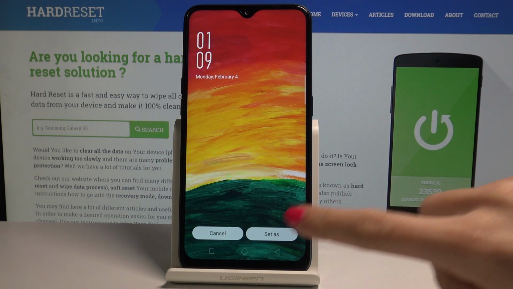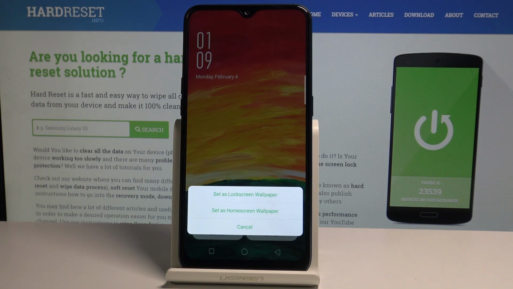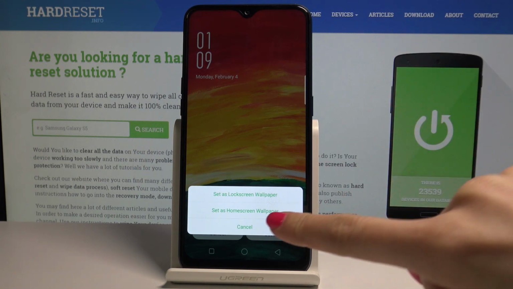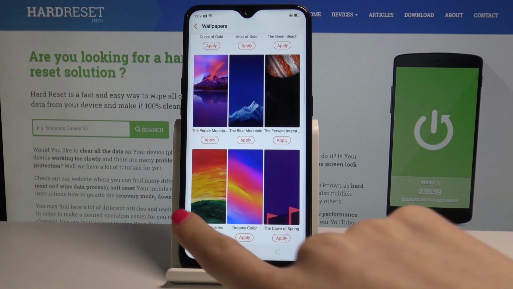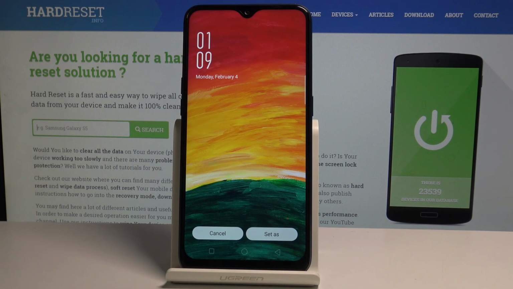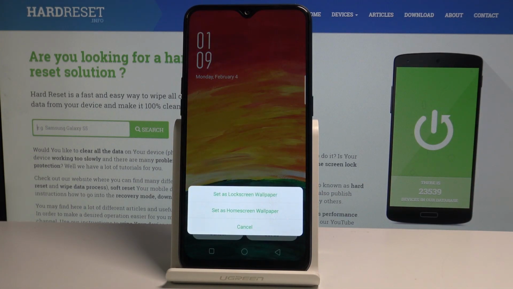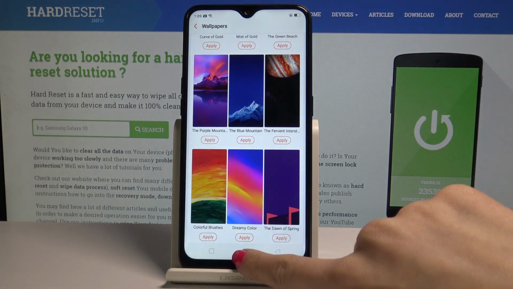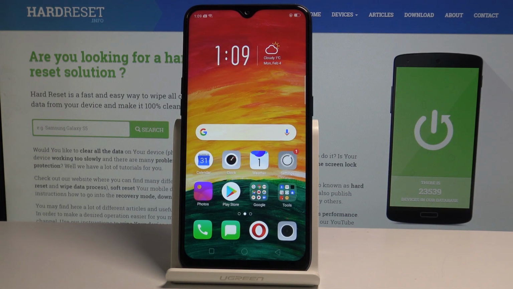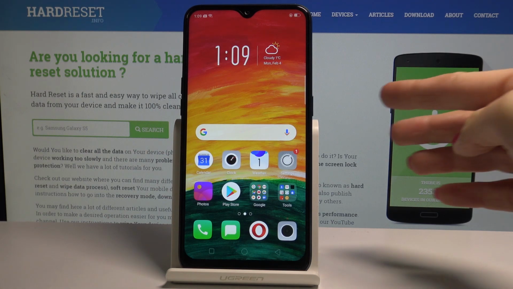I will pick wallpaper and now select some particular photo, for example this one. And now just tap on Set As and decide if this picture should cover just your lock screen or your home screen. So let me pick home screen wallpaper. If you would like it to cover also your lock screen, just tap on this picture one more time, tap on Set As and pick Set As Lock Screen Wallpaper. And that's it, since now this brand new wallpaper is covering both your home screen